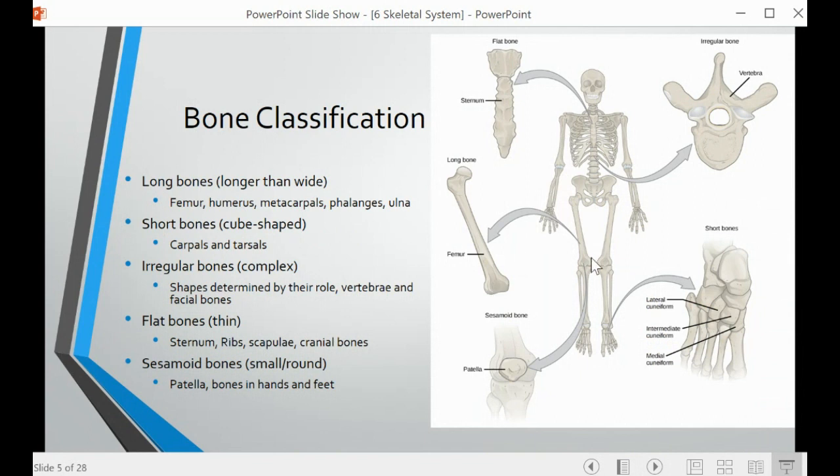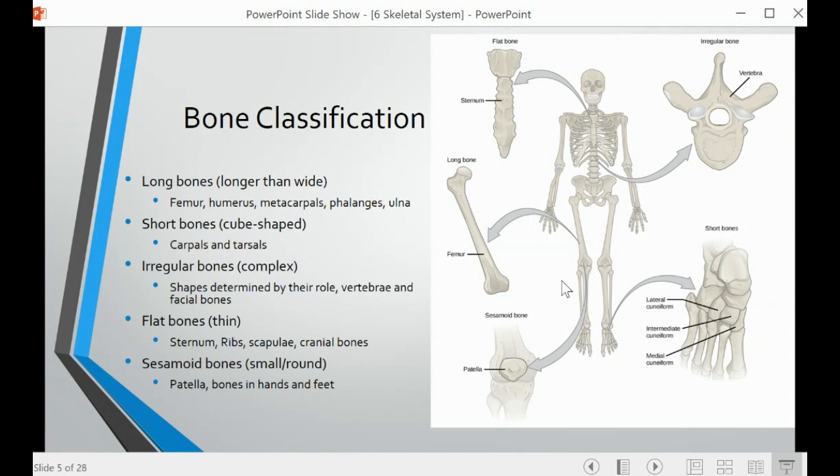We have short bones. Okay, and so short bones, just like they sound, they're going to be short. They are usually a little bit cube-shaped, and so those are going to be the carpal bones. Those are in the wrist, and the tarsals, which are in the ankles. We have irregularly shaped bones. These are very complex, and their shape actually determines their role. So the vertebrae, right here, facial bones that we're going to look at, like for instance, the zygomaticus,